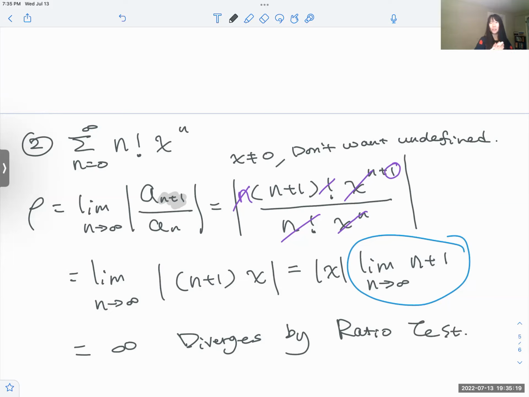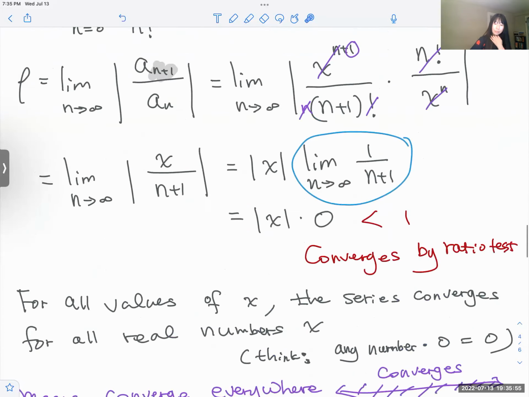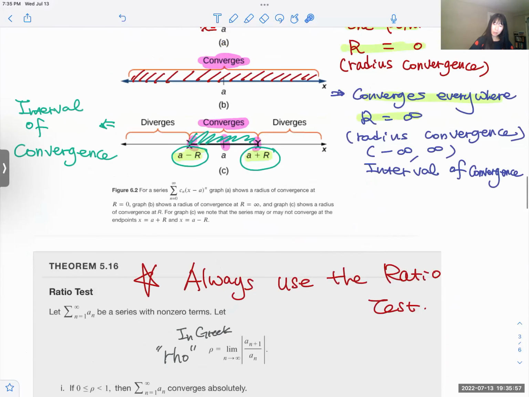Okay, now we have to understand. It's a little bit tricky. Look, we say that x cannot be equal to 0 in this case because we don't want it undefined when x equals 0. So we set it up in the beginning, x cannot be equal to 0. But in this case, it diverges everywhere. But then in that case, it's type number 1. Can you see that here? Type number 1